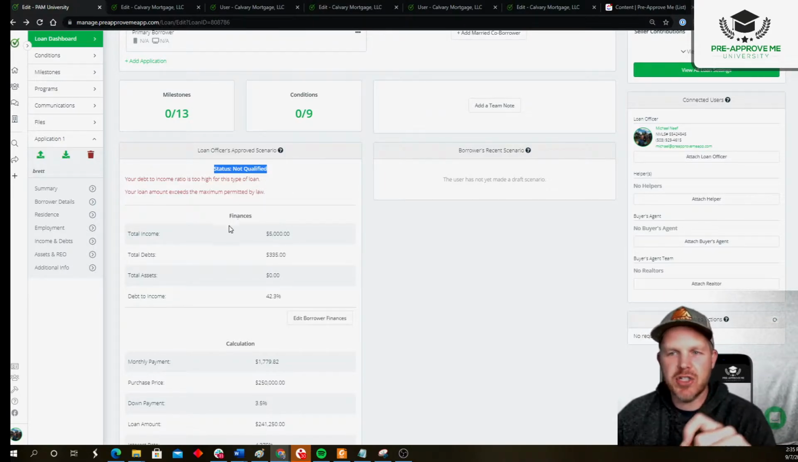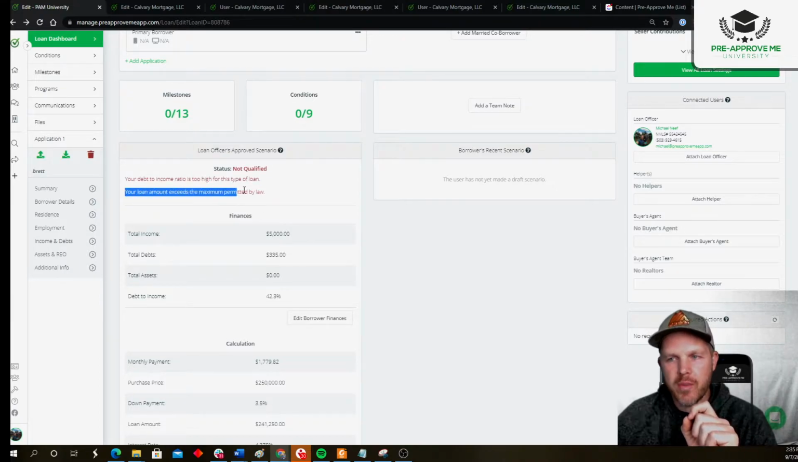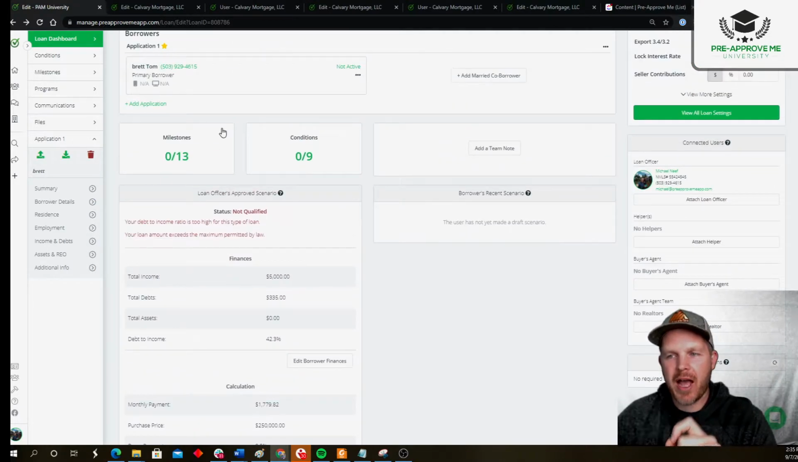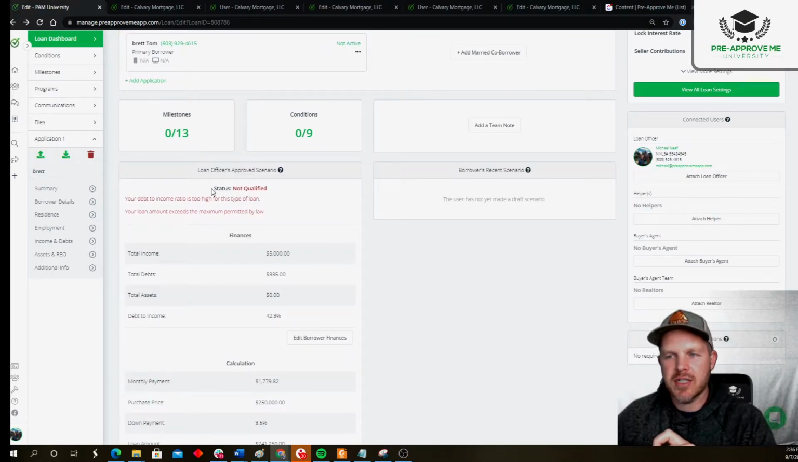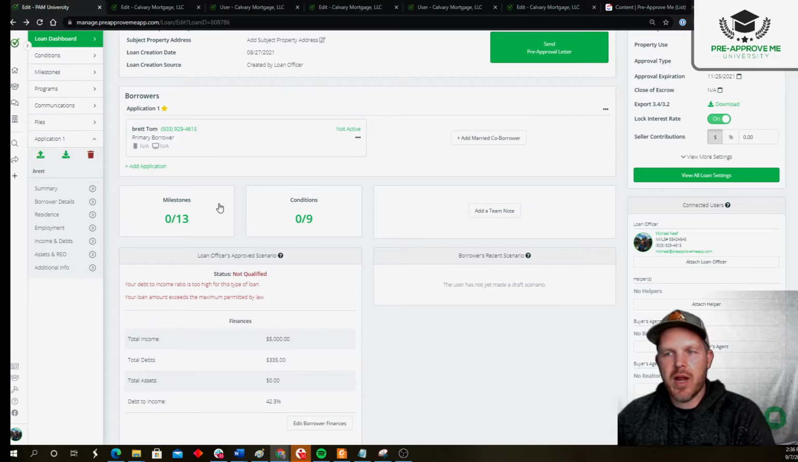Pay special attention to the language underneath the loan officer approved scenario. Okay. These are going to give you a roadmap to troubleshooting the problem. Now you have to make sure you know what loan program type you're actually looking at before you try to troubleshoot. So in this case, it's FHA. So if I go here and it says not qualified because my DTI is too high, 42%, and the loan amount exceeds the permitted amount, 241,250, then when I go to my loan